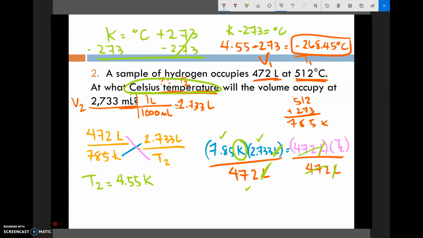All right, so if we plug this number back in, this negative 268.45, but when you plug that back in, make sure it's in Kelvin so that you have the right units. So when you're doing that, make sure you're plugging in the right unit. Sorry, I don't want to throw you off. So when you're double checking your answer on this one, plug in this 4.55, and that should make sense. And make sure both sides are equal if you're double checking your work. And again, if you look at your values here, 472 liters over 785,